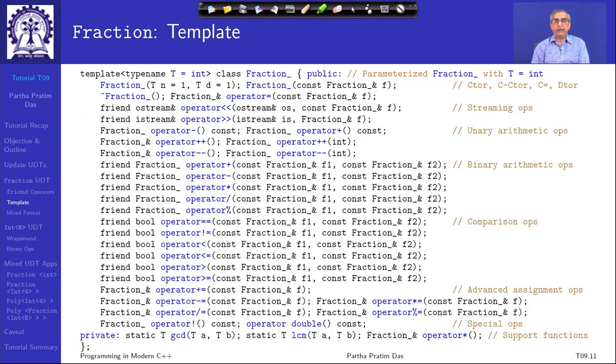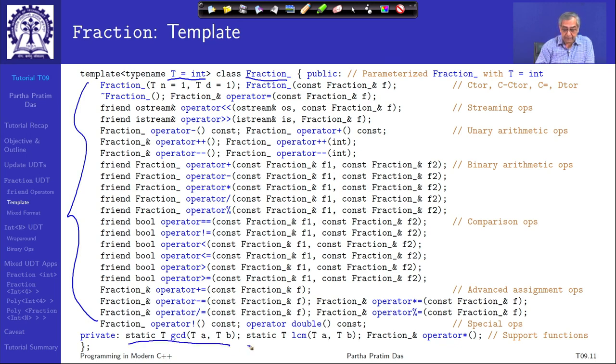With that change, if we now take a look at the templatized fraction class, this is how it will look. I have a template parameter defaulted, this is a fraction class. Then I have all these interface member functions. Here, of course, I will have the data members, and then I have some support functions out here. So, this is now a templatized fraction class which has all operators, the majority of operators that people need to use,